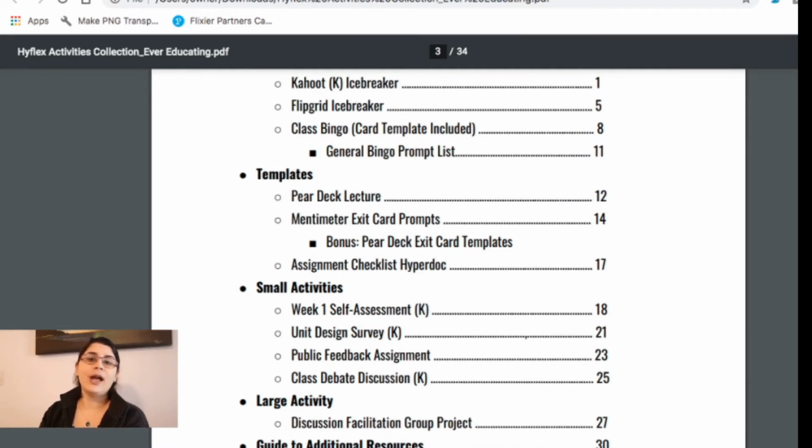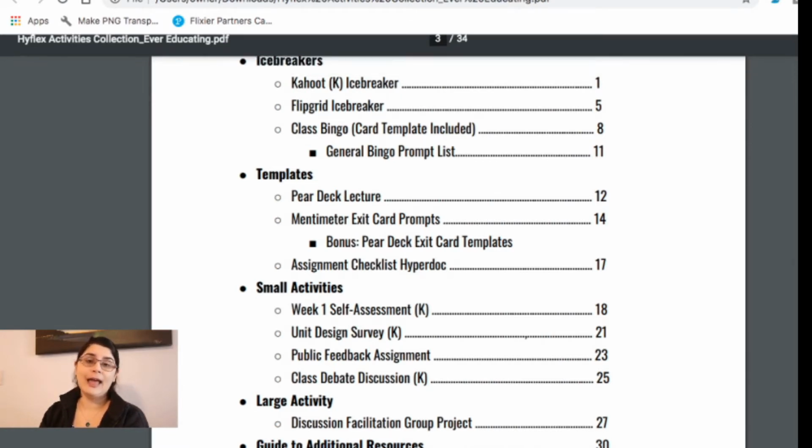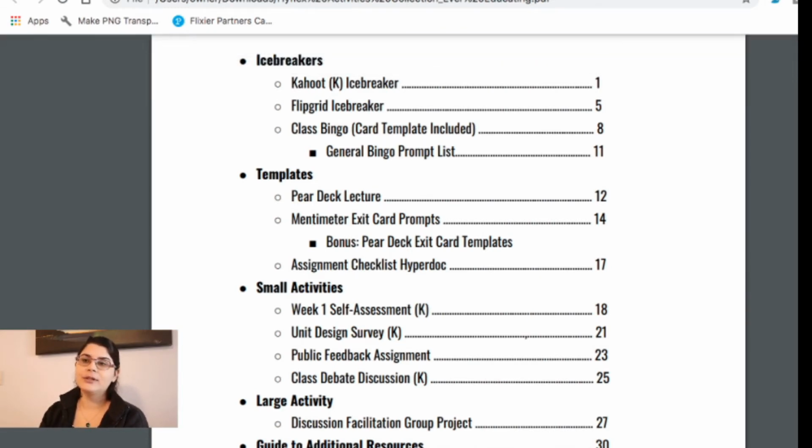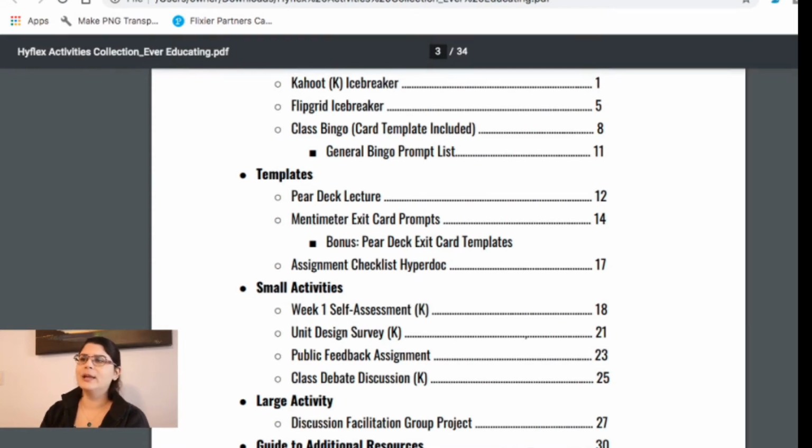But then I also have new icebreakers that are not in that workbook or in this series. And again, I have templates for the Kahoot icebreaker. You can just literally copy and paste it into your own Kahoot account. And then again, I have other activities, small class ones, some templates, and a large activity as well. So that's, again, in case you want that, I will link it below, but you definitely do want to have